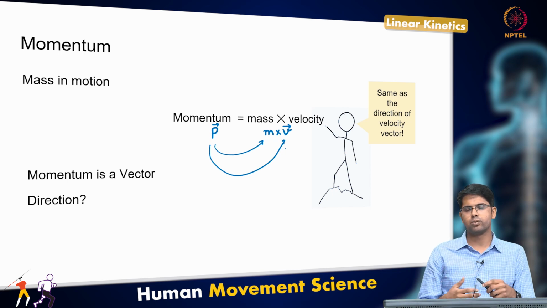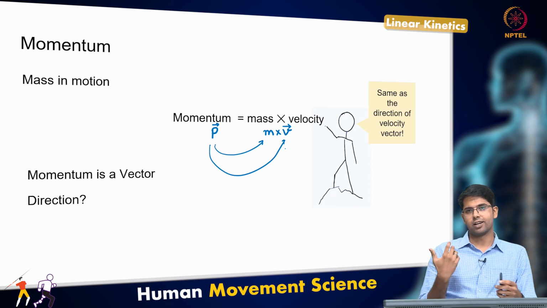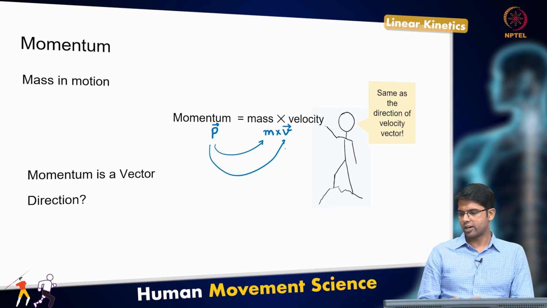There are players who weigh more, and they have a lot more momentum sometimes, even when they're running at lower speed. You can sense that, right, when they collide with people. With kinetics, we'll be able to quantify that interaction between these players, right? Or for a different kind of example,